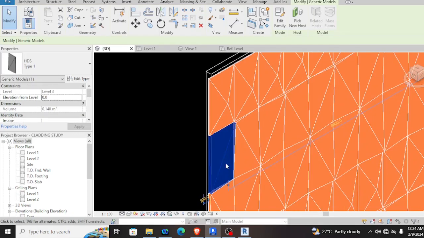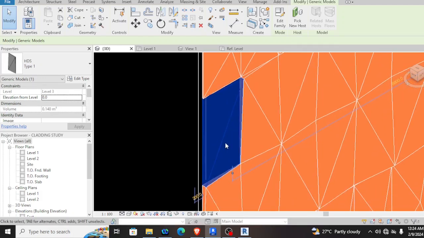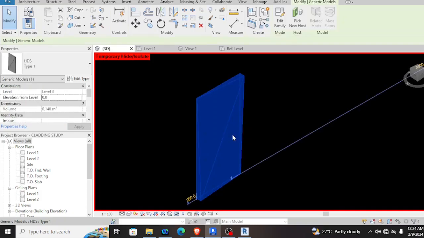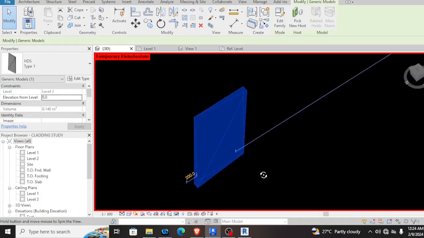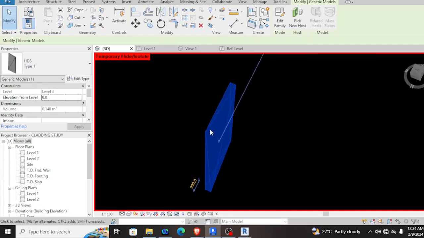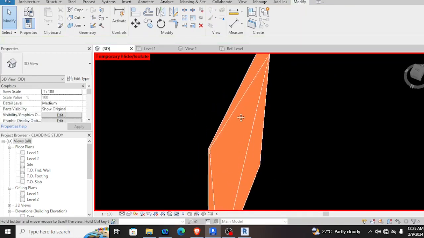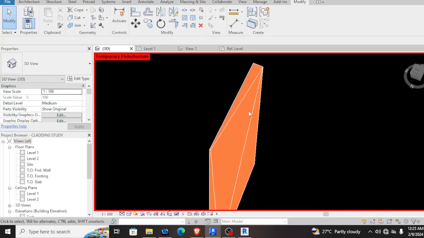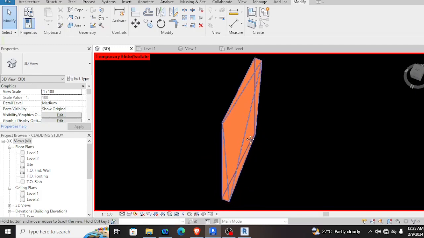When we look at the detail of this one, isolate it, isolate element. Let's rotate the panel. You can see in 3D. From the top, this is the highest part of the sloping, and it's sloping down here and down there.